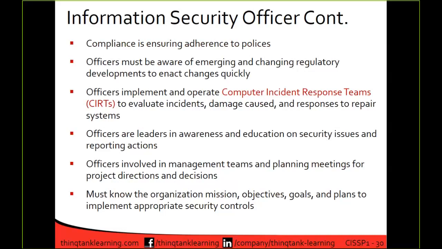Officers implement and operate computer incident response teams, okay? CERTs, you'll see that term referenced on the exam. A computer incident response team doesn't really have to be computer related. Any kind of incident response team follows the same model. You have to take a look at an incident, look at the damage it caused, respond to the incident, repair the systems, and then hopefully do a lessons learned afterwards to identify whether or not you can mitigate that risk